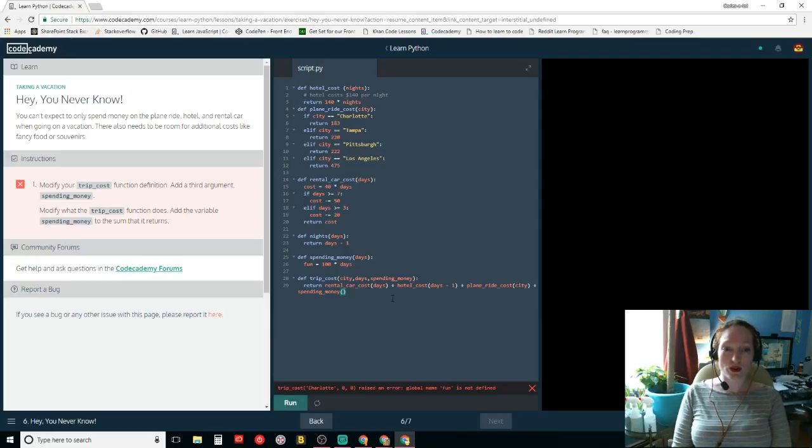Oh, wait, no. This isn't spending money here. It's the other variable that we're using. Would it be that? Let's see. That is the third argument, spending money, right? This has to be, because these are the arguments. Hold on. Arguments are parameters passed into a function.